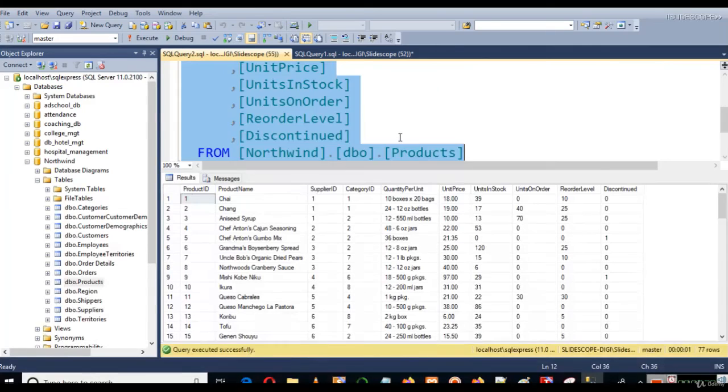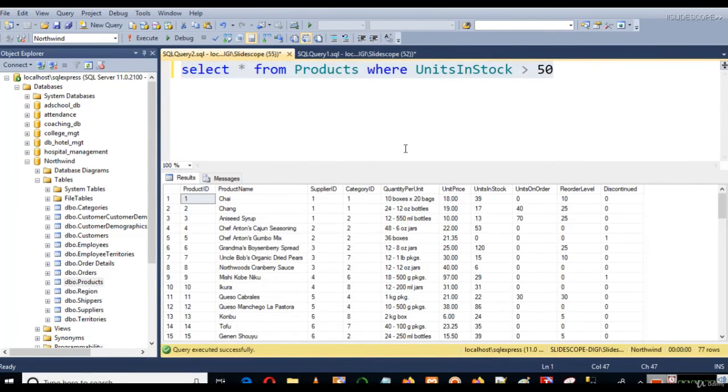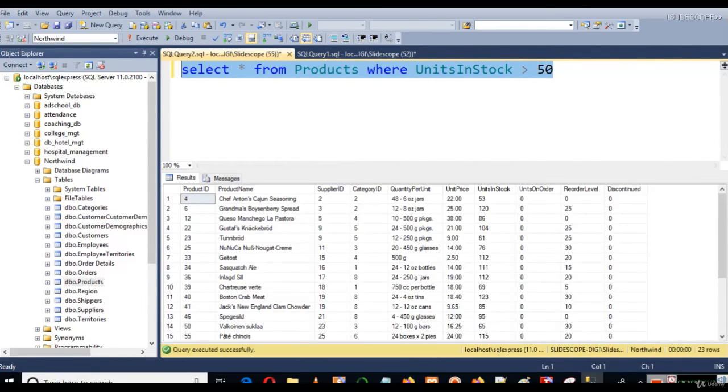Now I will write a very simple query here. Now I have written another query here: select star from products where units in stock is greater than 50. So this is the same query that we executed in MySQL, and you will see that the same query can be executed in MS SQL also.